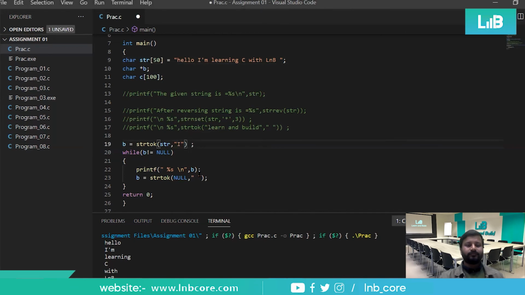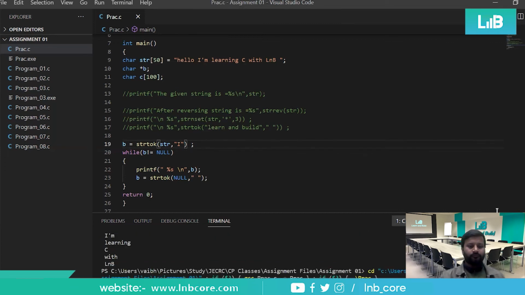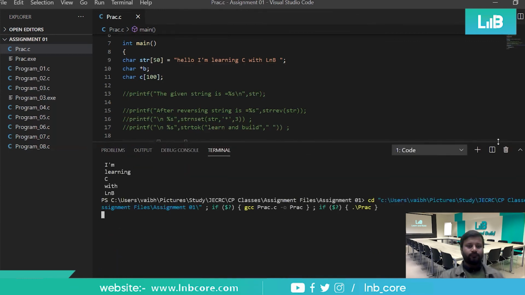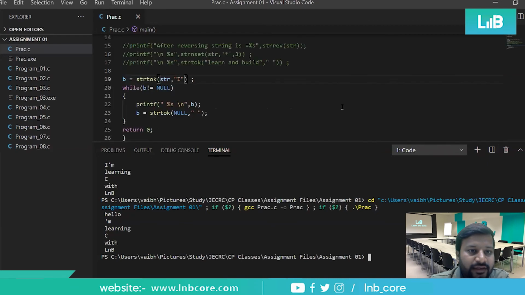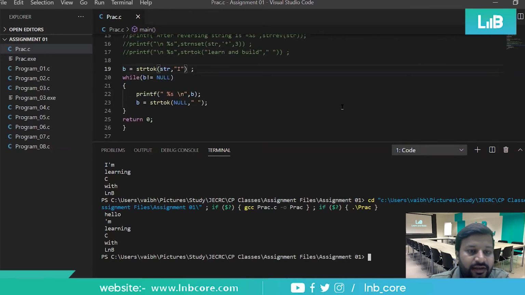Run it once. So you need not put it here. So on the basis of I, it was separating it. And what if internally, Vaibhav, you remove the space inside the double quotes too.